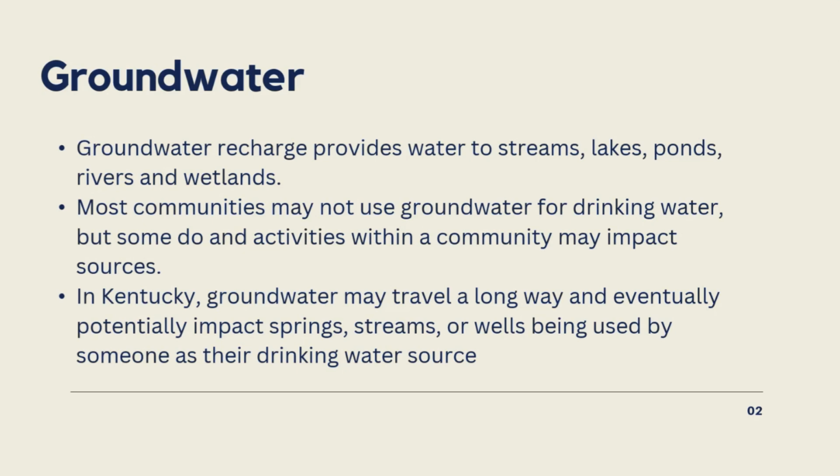And an example that I like to use is I live in Georgetown, Kentucky, and pretty much everybody in the city limits of Georgetown, Kentucky, gets their drinking water from the Royal Spring, which is a groundwater fed spring in the city of Georgetown, literally downtown Georgetown, and it provides drinking water to about 39,000 people. And that number has grown significantly. Georgetown is one of the fastest growing cities in the state.